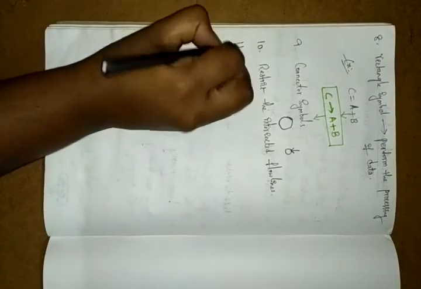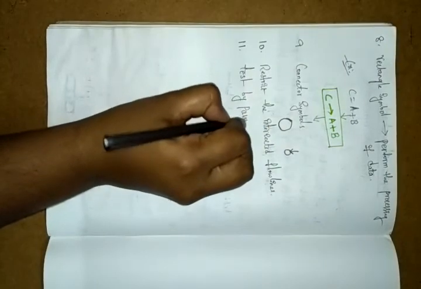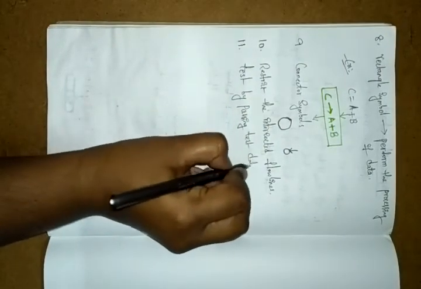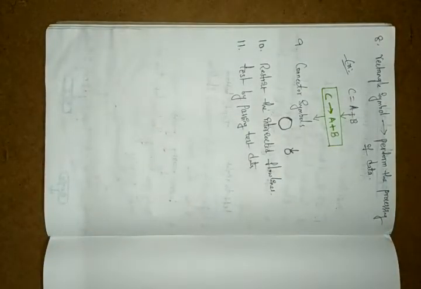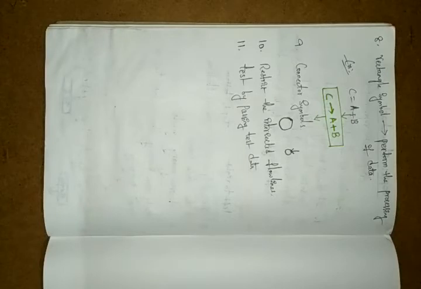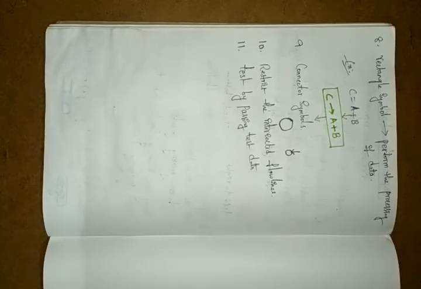And at last we have the final step. It should perform a validity test by passing test data to the flowchart in order to verify its correctness. Why do we perform testing? If the flowchart is not correct, how will it be described to others? So you have to do this testing first. If it is good, yes, it is a correct flowchart. If not, you correct the flowchart diagram again.